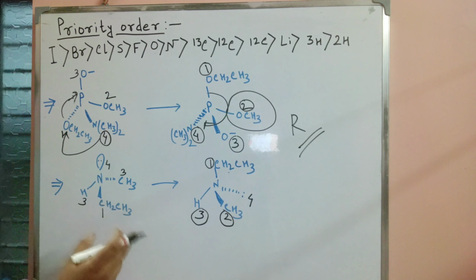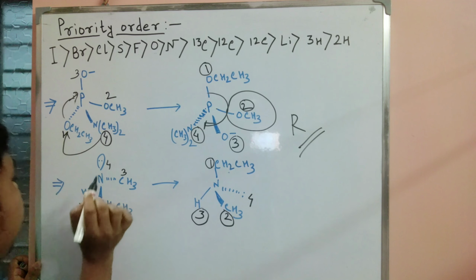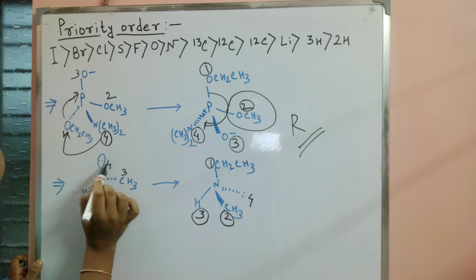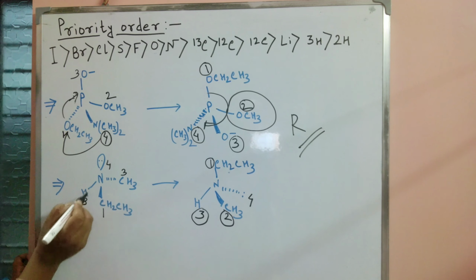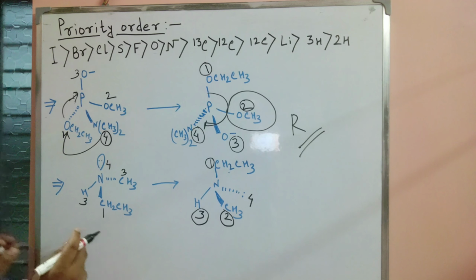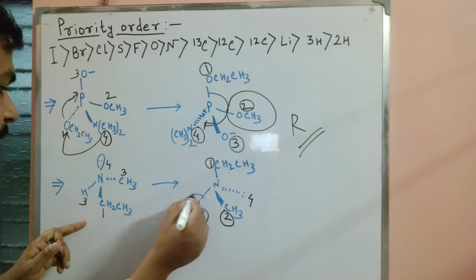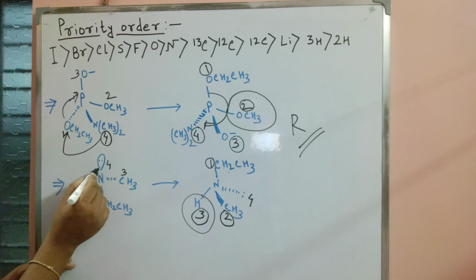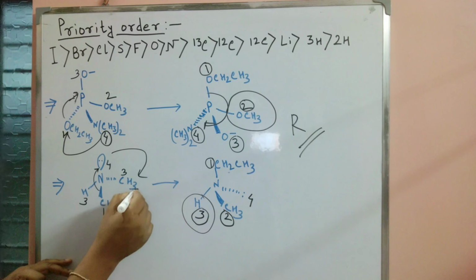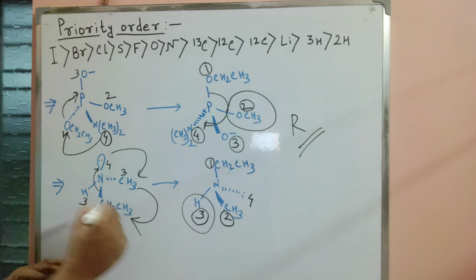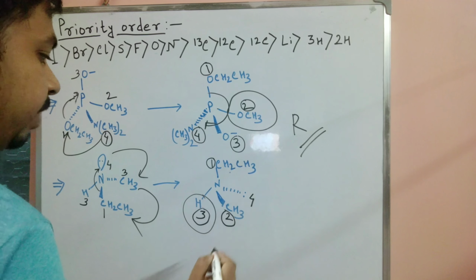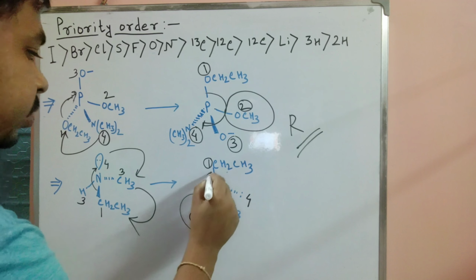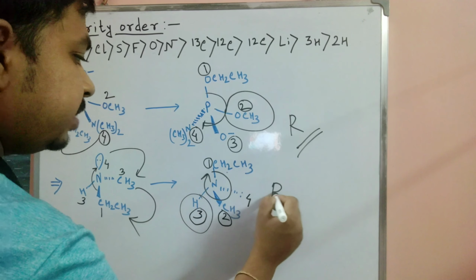In that order, our next example is where the lone pair is present and hydrogen is present. In that case the lone pair has priority 4, and when we rotate the molecule, the hydrogen is fixed here, and then when we rotate, this upward bond is planar, and the lone pair is shifted here, and methyl is shifted here. So what can happen here? In that case 1 2 3, the rotation is clockwise, so this one is R.